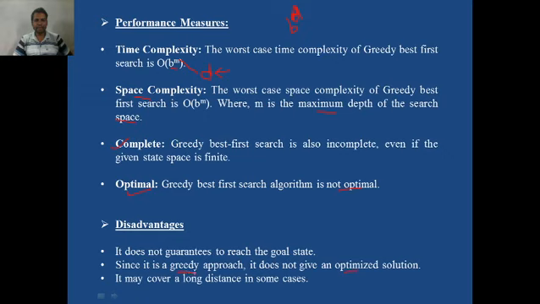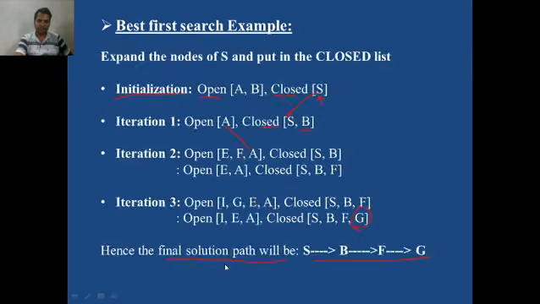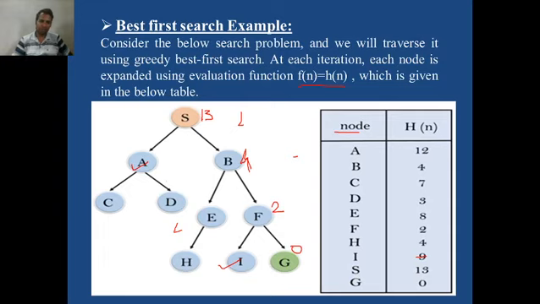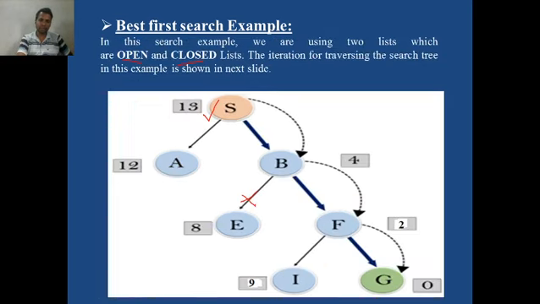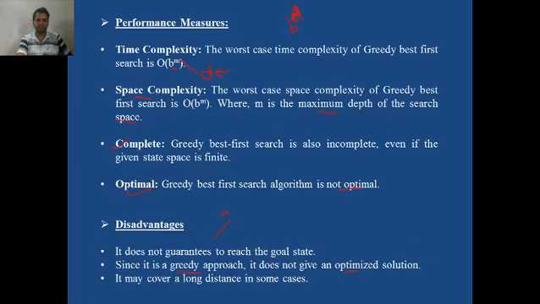Why is it called a greedy algorithm? Because it always checks by which route we will get less cost. So it is greedy in nature, that's why it is called a greedy algorithm, because it always checks by which route we can reach the destination with low cost. That means it has a greedy approach, that's why it is called the greedy search algorithm.